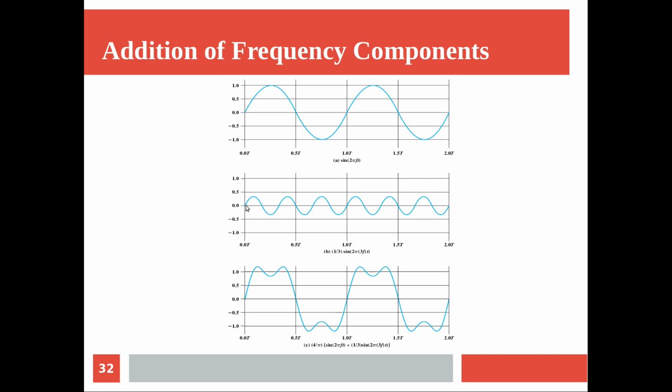Now we have another signal with a frequency that is 3 times that of the original signal. If you are looking at 1 second of time, you see cycle 1, cycle 2 and cycle 3, so it is repeating 3 times. Comparing these signals, if one has frequency f, this one has frequency 3f. Actually this is of frequency 1 and this is of frequency 3, 3 times the frequency of this. In a generalized way they represented it like 2 pi ft, where f is 1 in this particular case, and we are taking another signal with a frequency that is 3 times the other one.